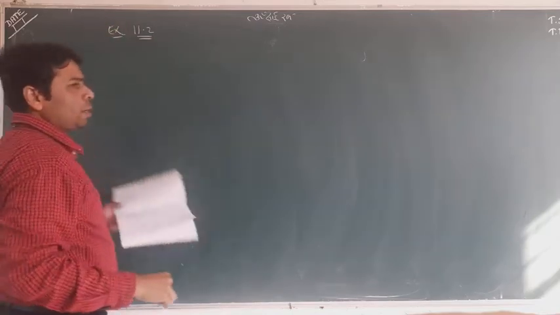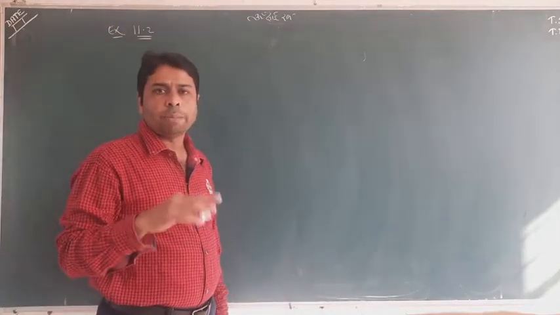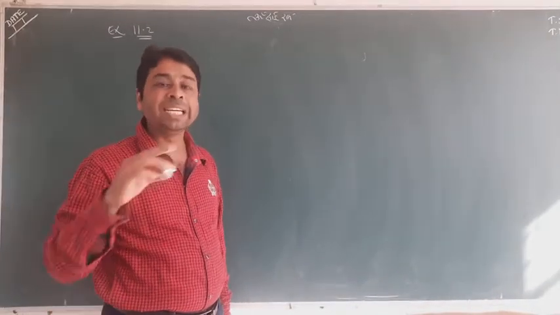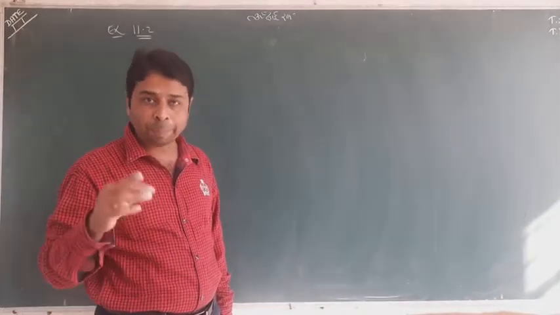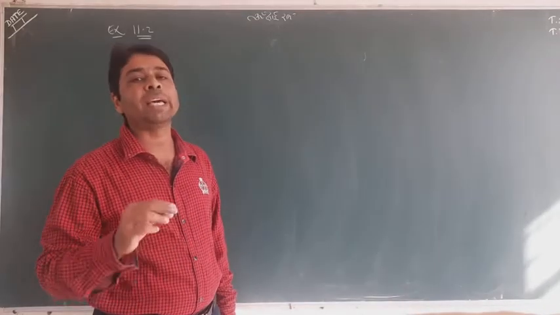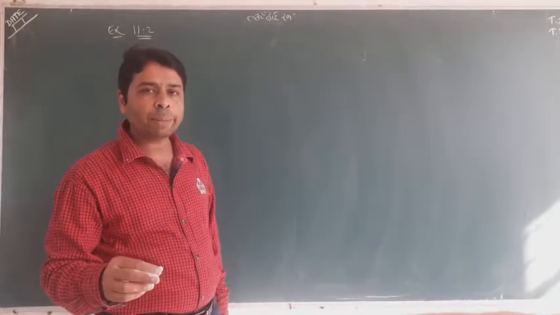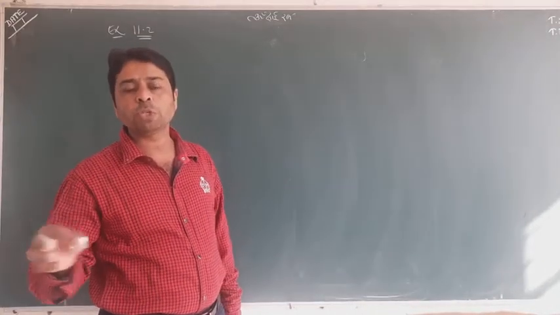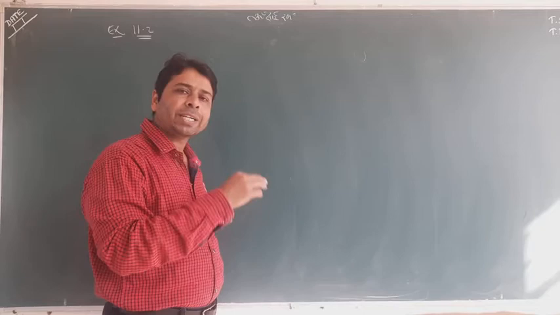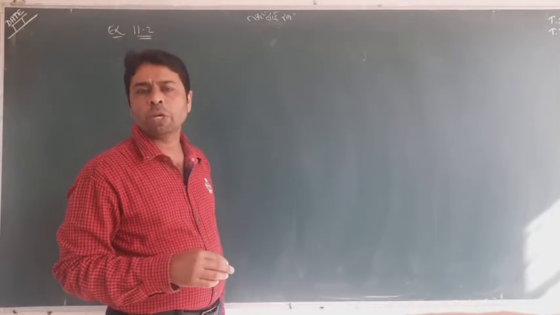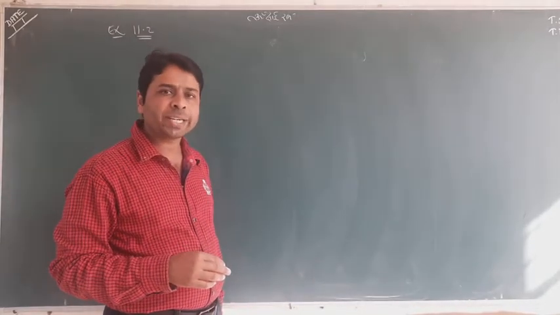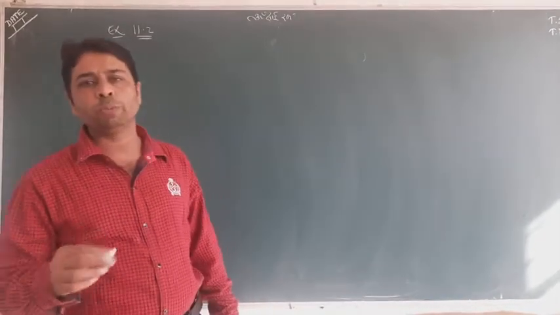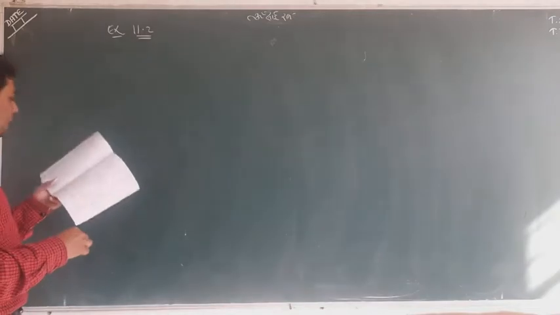In 11.2, again I want to tell you about the angle between two lines. It is not in your syllabus, but theta equal to 90 means lines are perpendicular. You need to remember this case. When theta equal to 90, what will happen? A1 A2 plus B1 B2 plus C1 C2 is equal to 0. It's very important. And in vector form you can remember B1 dot B2 is equal to 0. If you don't remember the vector formula, no matter at all, please remember the Cartesian formula, which is A1 A2 plus B1 B2 plus C1 C2 is equal to 0. So keep remembering that also.